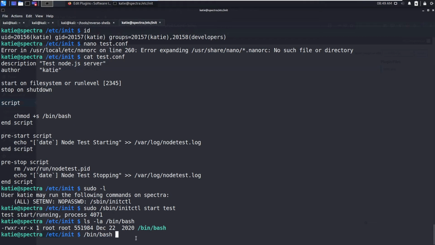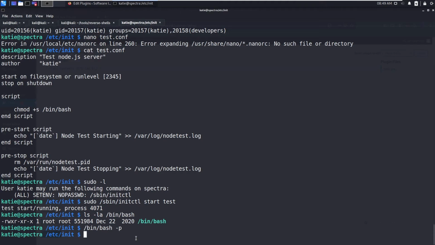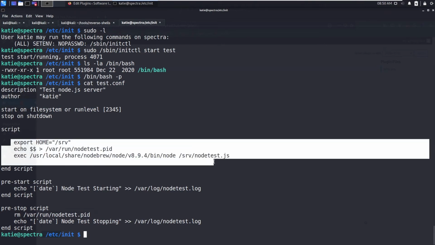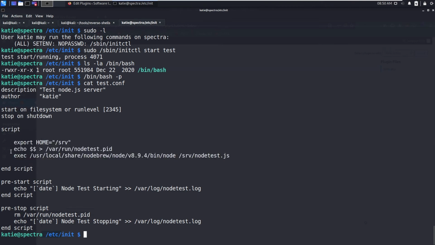I don't know why it's not showing the S there. /bin/bash -p. chmod +s /bin/bash. Okay, there is a cron job running in this box that is replacing all our contents with this.